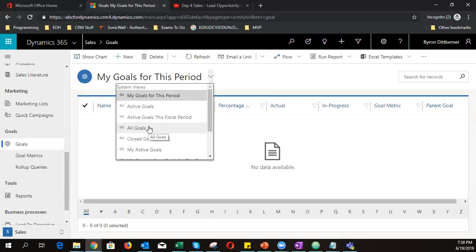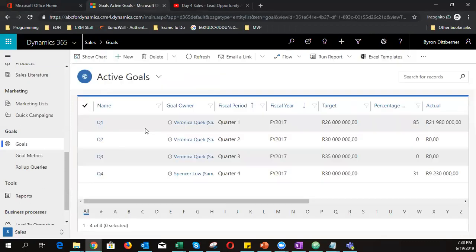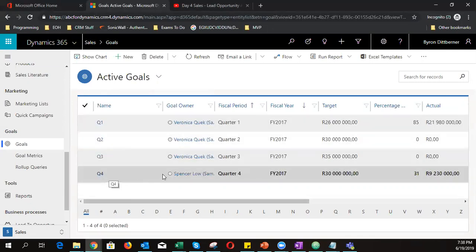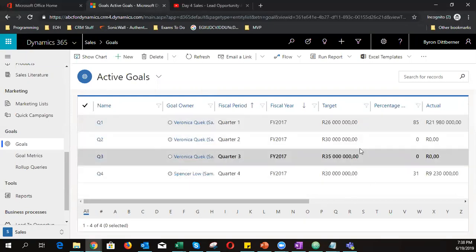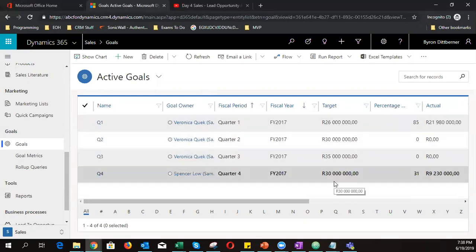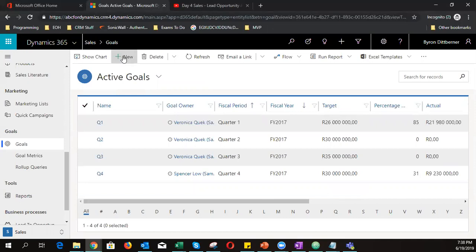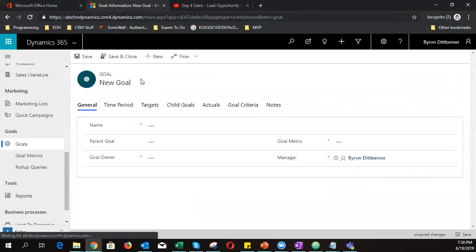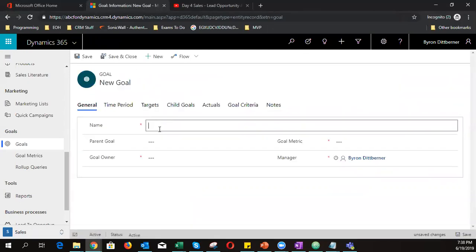Okay, so I'm going to go here to active goals, and you'll see there's a couple of active goals that have already been set up. So the ones that are set up specifically for the test data. So Q1, Q2, 3, and 4 for these people over here, and they've each got individual goals. All right. But in my case, I want to set up a new goal. So I go to new, I give my goal a name. It's called annual goal